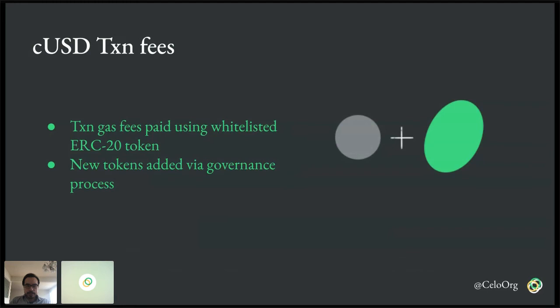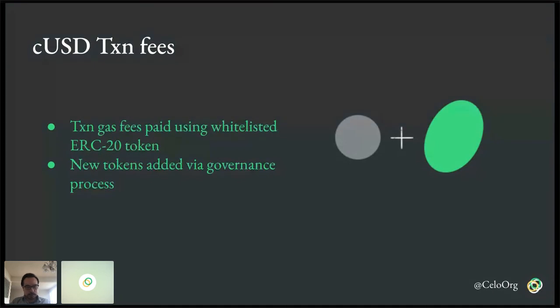So I'd like again to transition to one other high-level feature that we implemented, and that is the Celo dollar transaction fees.